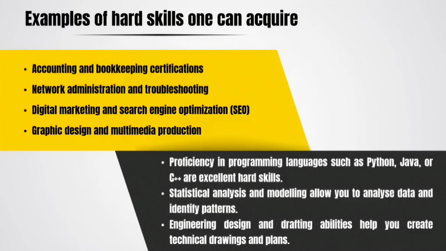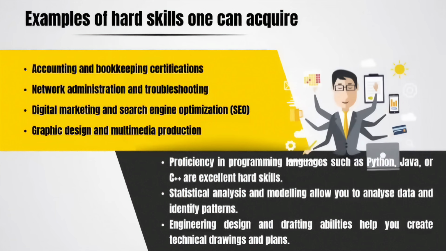Proficiency in programming such as Python, Java, C++ are excellent hard skills. Some professionals or individuals with a very strong inclination towards technical background can get into this language thing, and then statistical analysis and modeling allow you to analyze data, identify the pattern, and then make decisions. So somebody who wants to play with numbers or is good with numbers can definitely get into this. Engineering design drafting abilities also help you to create